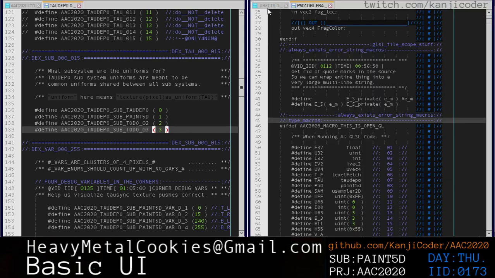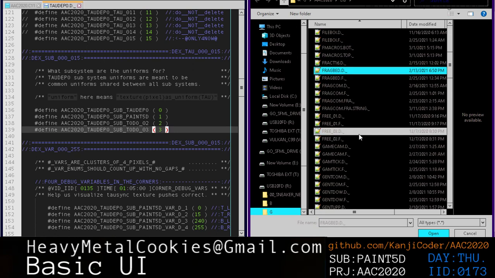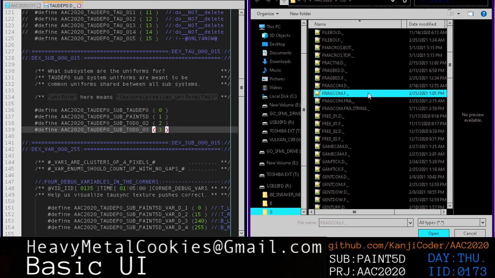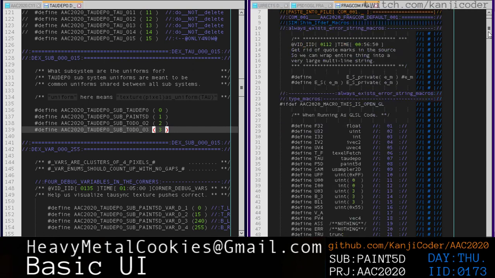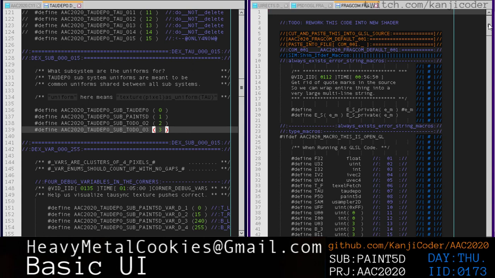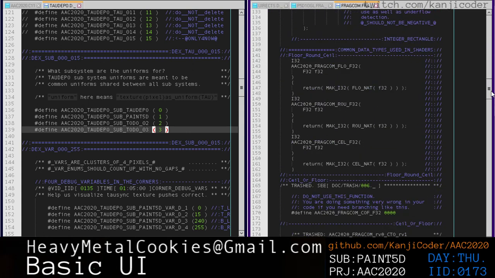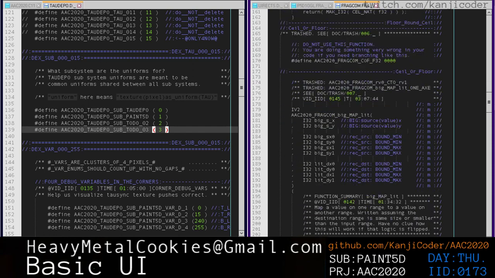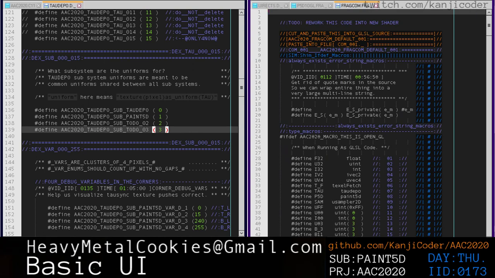So let's go into the common fragment. So this common shader code stuff here, right? We're thinking this fragcom is kind of like common code that is included before any other shader code. And it's just common helper functions and stuff, floor, whatever. So I'm thinking what we want to do is